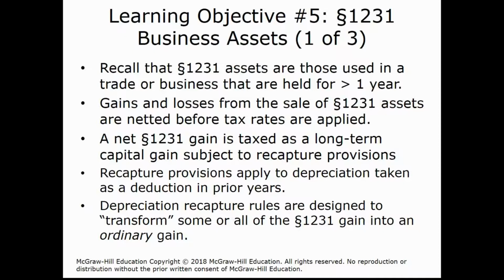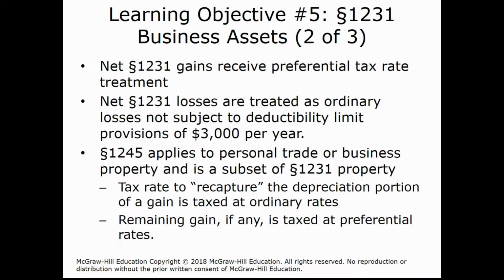And as it says, these recapture rules generally transform some of this gain, as I just went through in that calculation, into ordinary gains. So these 1231 gains, as I said, do receive the preferential tax rate. However, for individuals, our limit is $3,000 per year. So if we individuals own a business, a non-C Corp business, the losses are ordinary, but the gains can only